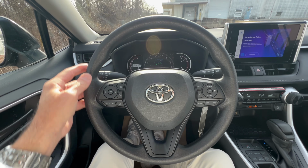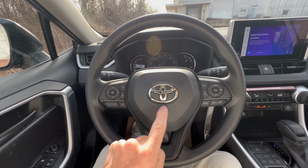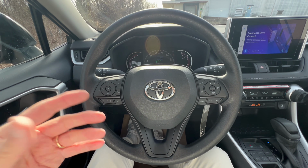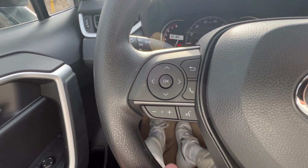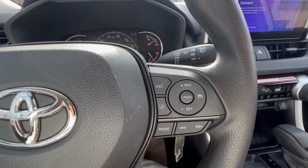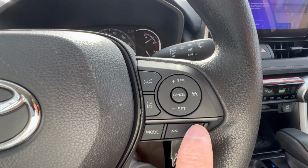The RAV4 LE steering wheel, we have a soft touch wheel. Nice 10 and 2 notches. Toyota badge on the horn button, round bottom wheel, but I have plenty of room to get in and out of this RAV4. Very spacious passenger cabin at 5'11". Over here on the left side, you have your telephone voice commands, volume controls for the digital dash. And on the right side, you've got your adaptive cruise safety suite controls, modes for your infotainment system, seek for